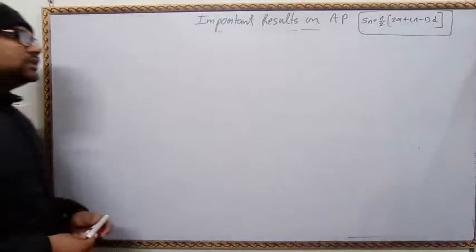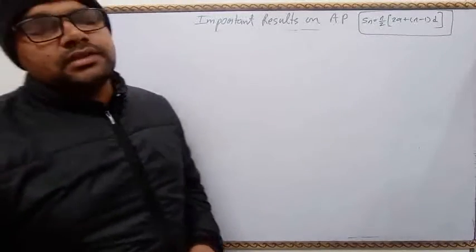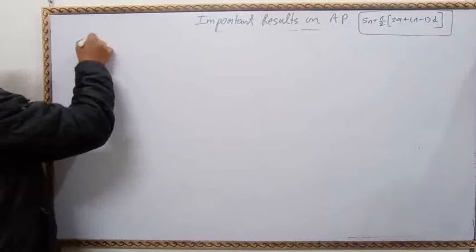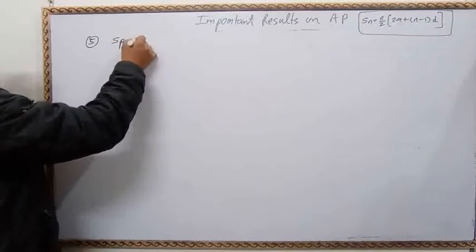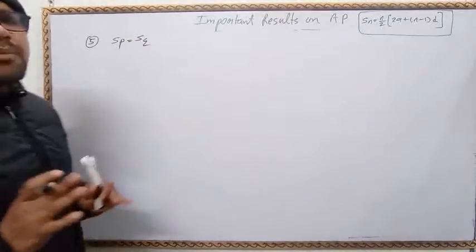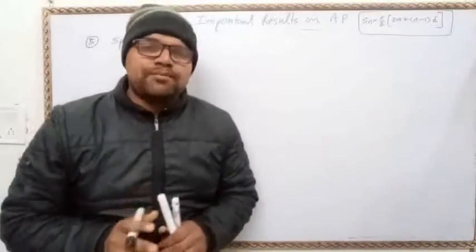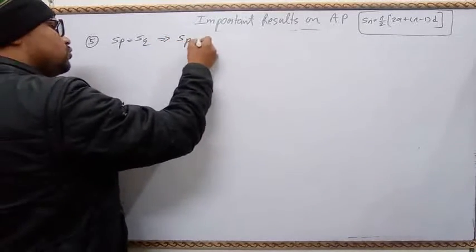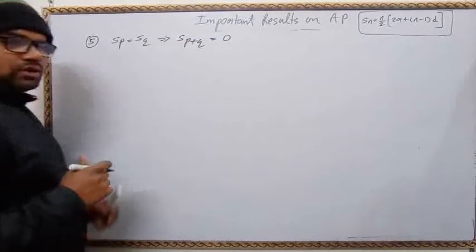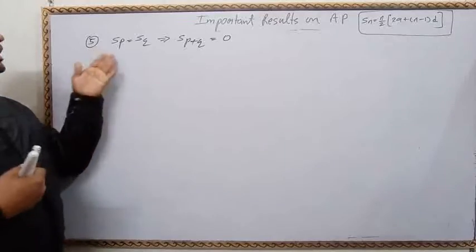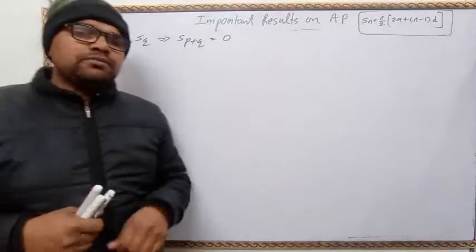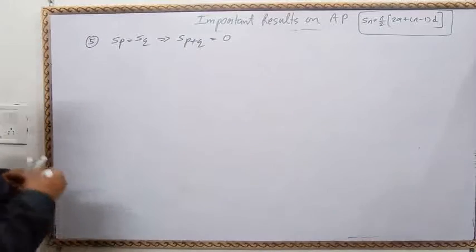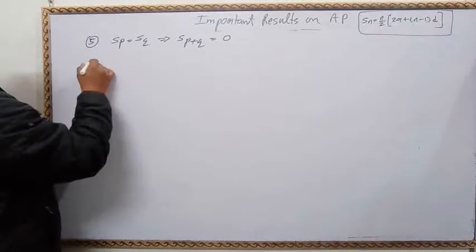Okay. The next important result on AP is if Sp equal to Sq. Means if sum of p terms is equal to the sum of q terms, then what about the sum of p+q terms? That means 0. Means if sum of p terms is equal to the sum of q terms, then sum of p+q terms will be the 0. Okay. How? Let